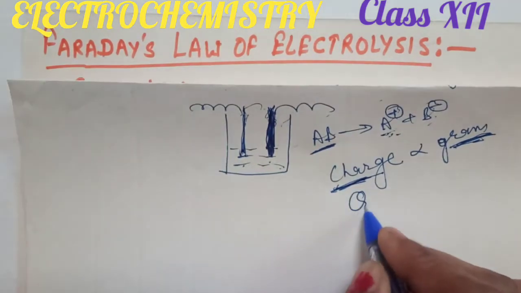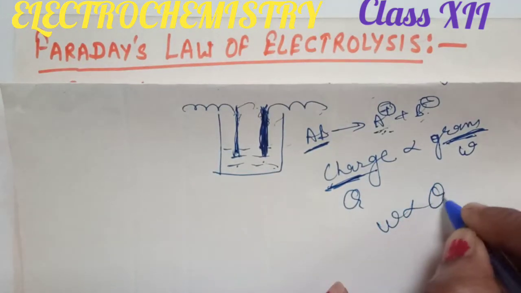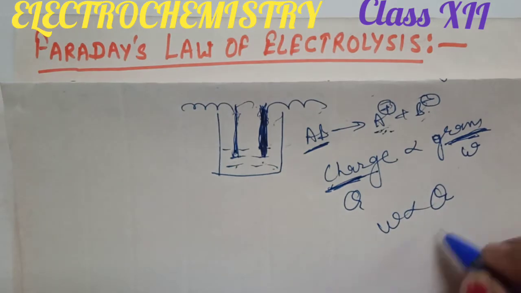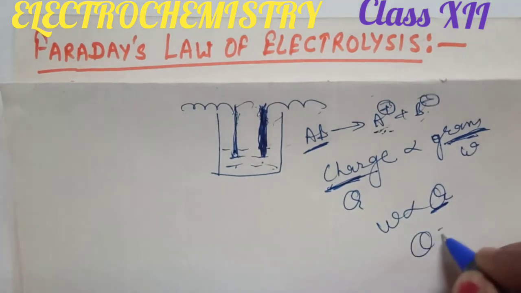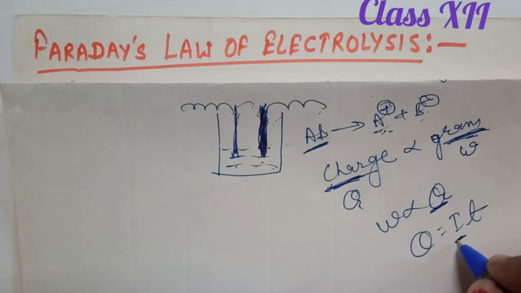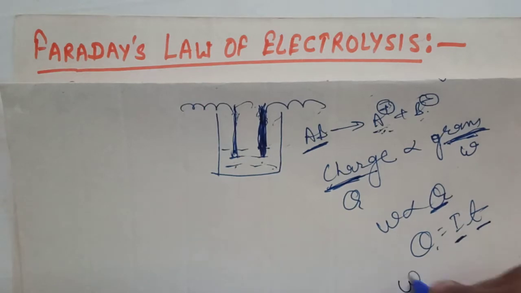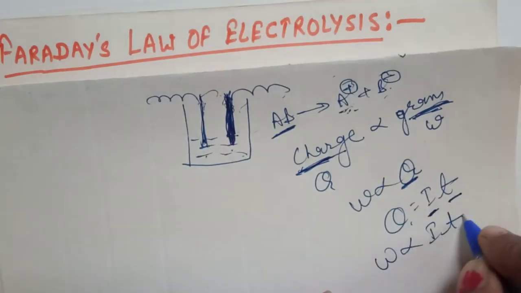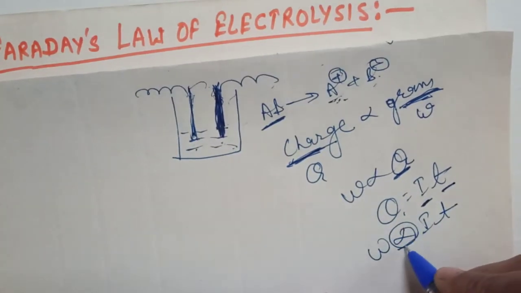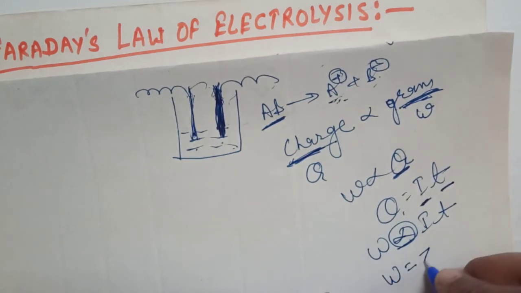Charge means Q, grams means W, so W is directly proportional to Q. But charge Q is equal to IT, where I is the current in amperes and T is the time in seconds. So W is directly proportional to IT, and by removing the proportionality sign we can write W is equal to ZIT,